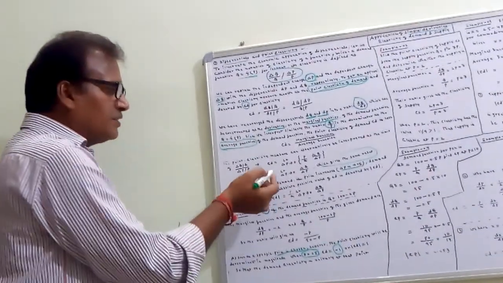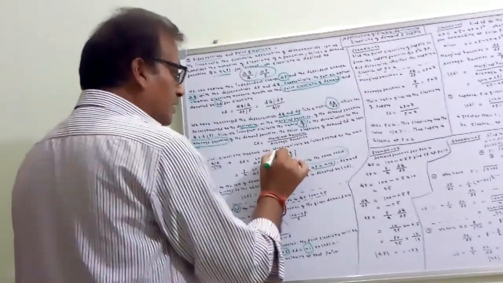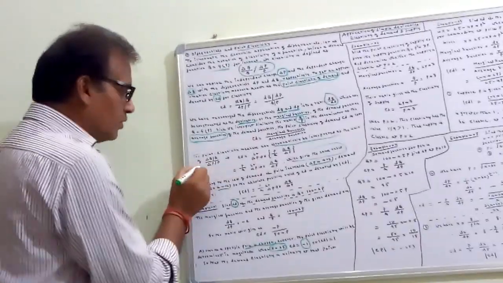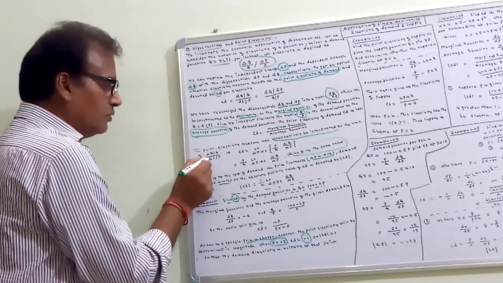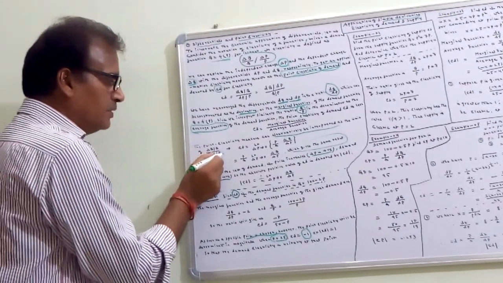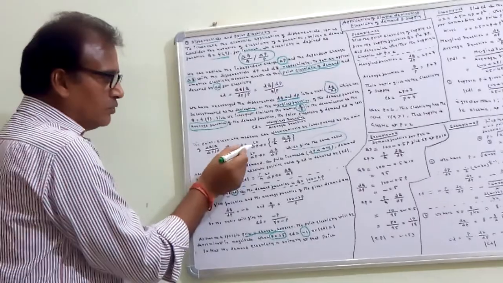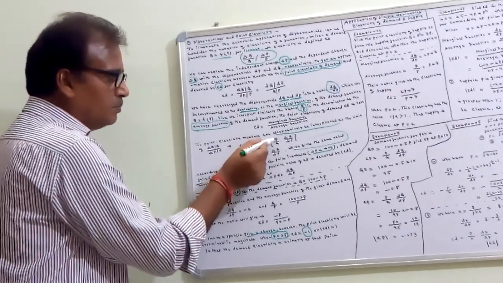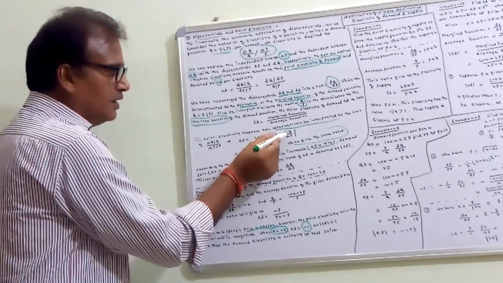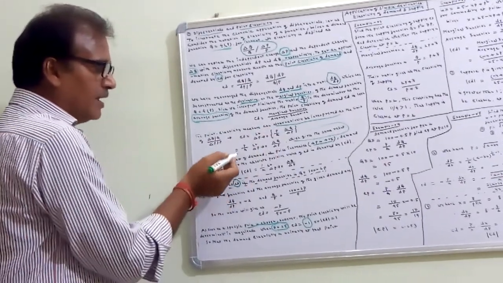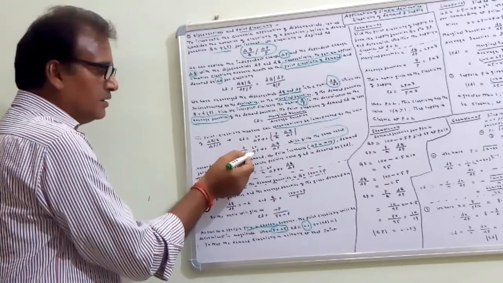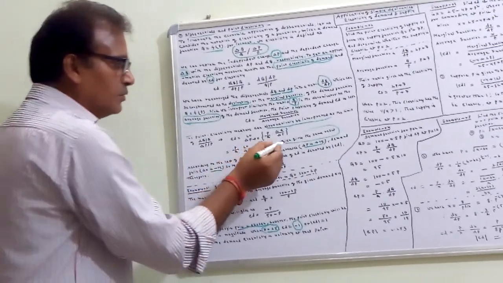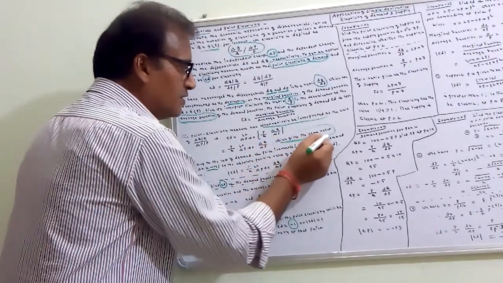Now the point elasticity measure can alternatively be interpreted as the limit of delta Q by Q whole divided by delta P by P, that is ED equal to limit delta P tends to 0 P by Q into del Q by del P. Again, P by Q limit delta P tends to 0 del Q by del P, which gives the same result.